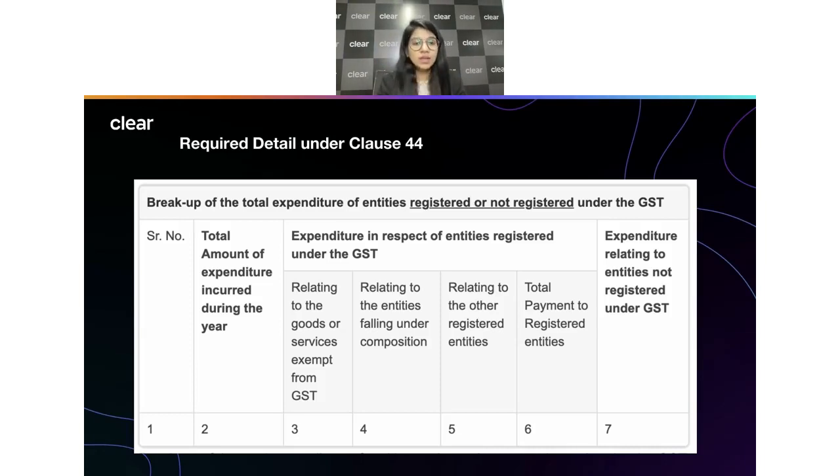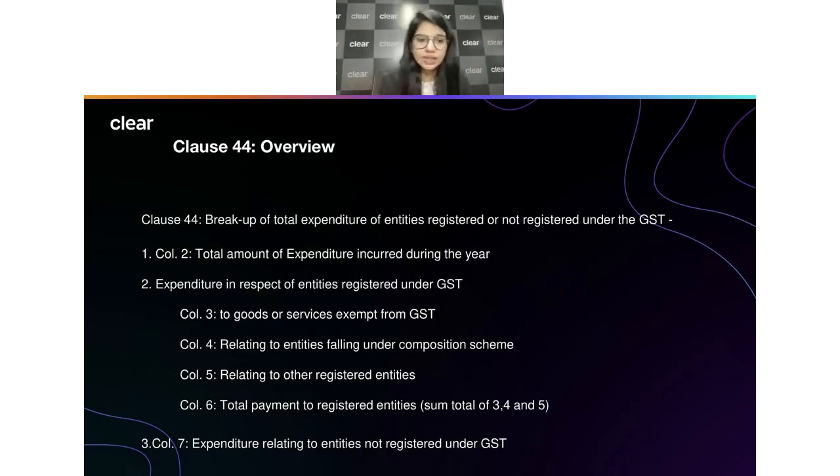You can always feel free to just add a summary over here. You may always sum that up to a PAN level and just report this information at a PAN level. So here, when we were looking into all this expenditure, right? So in short, what we said, it's just a breakup of total expenditure of entity,